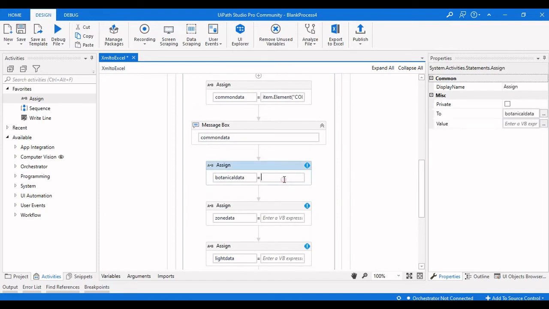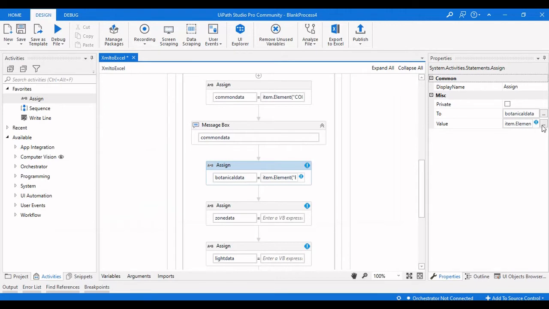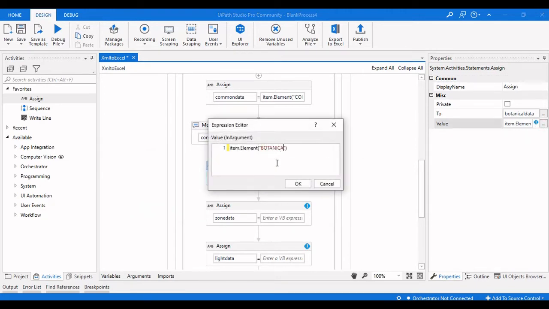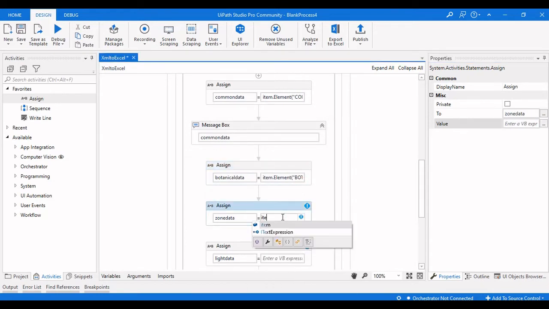So we will now pass it the item value, item dot element of botanical dot value, and this one is item dot element of zone dot value,